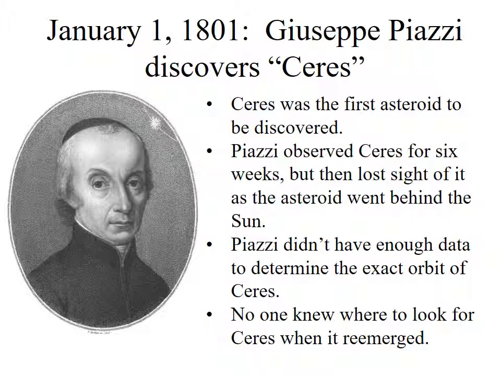100 years later, this fine gentleman, Giuseppe Piazzi, discovered the asteroid Ceres. He's the first person ever to discover any asteroid, and he's looking out there with his telescope. He observes it for 6 weeks. This is an exciting, important discovery, but then, oh dear, he loses sight of the asteroid as it goes behind the sun, and the 6 weeks of data isn't enough to figure out the orbit of Ceres, and so astronomers all across Europe are trying to figure out where should we look. In a couple of months when this thing pops up from behind the sun,